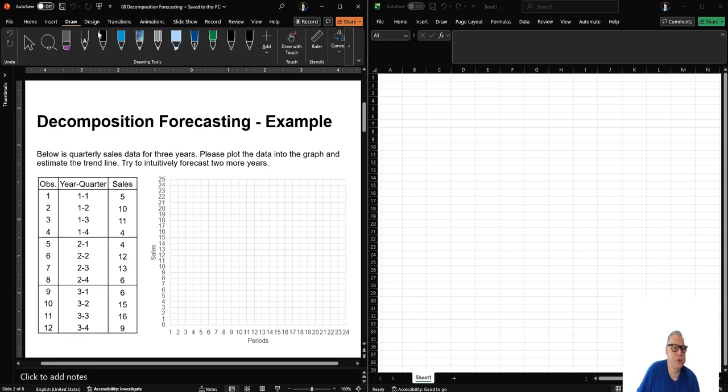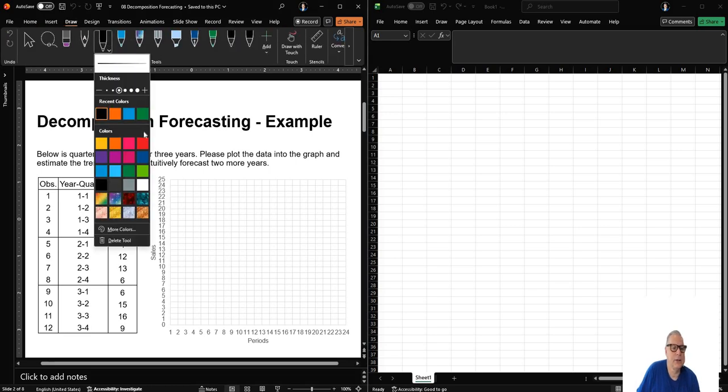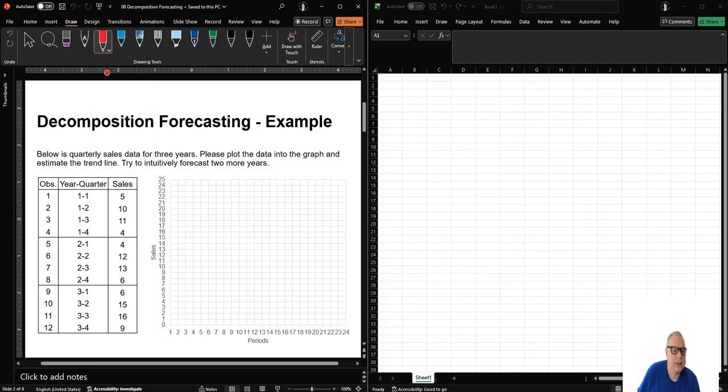So let's say the first observation, let's make a big dot, let's make it in red. The first observation at 1 is 5. So let's put the dot here. Then in period 2 it's 10. So we make a dot here. Then it's 11. Then it goes down to 4, which is here, so at 4 it's 4, and then again 4, and then 12, 13,